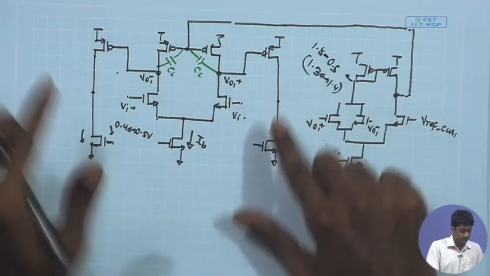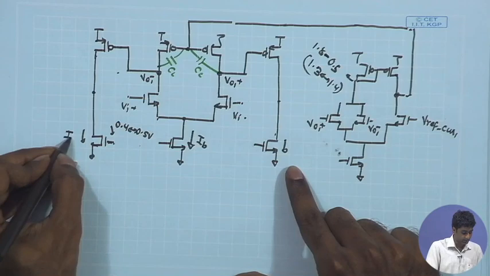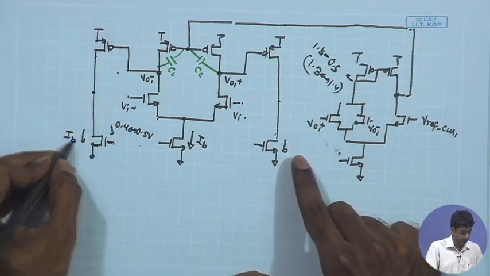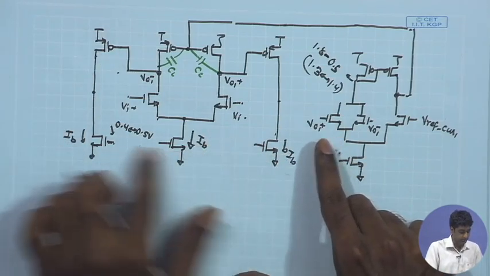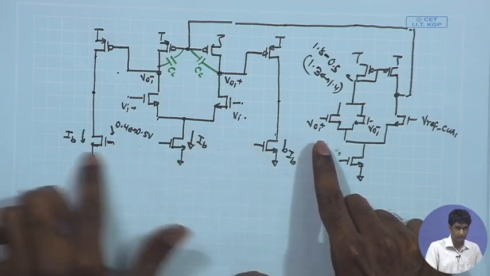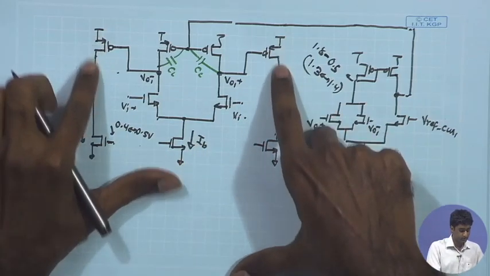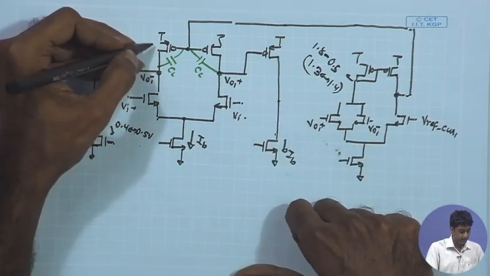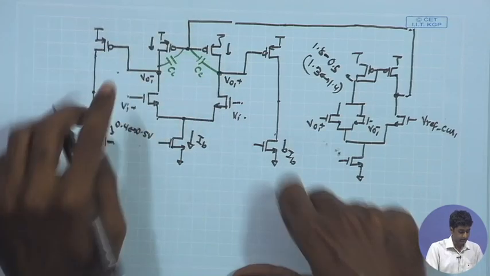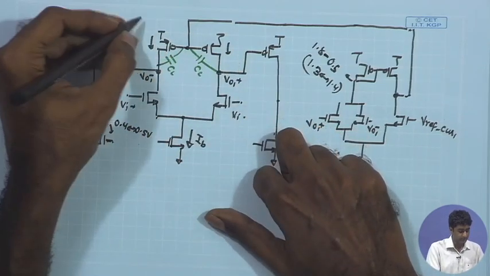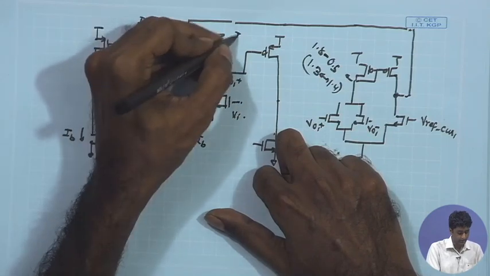If I assume that you are having almost the same I bias in these two branches, which are being fed with the help of a current mirror with a reference branch, the two PMOS over here are also having I bias, whereas under DC condition what we expect is that these two PMOS transistors are going to have I bias by 2, I bias by 2,